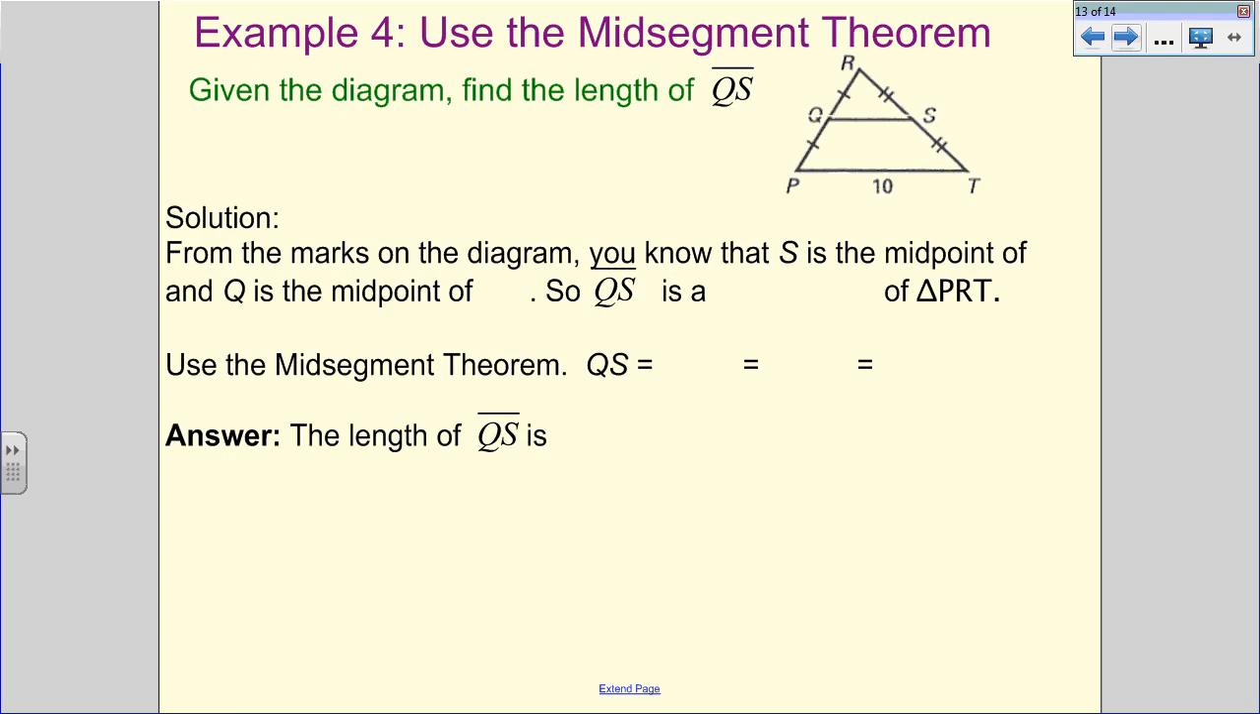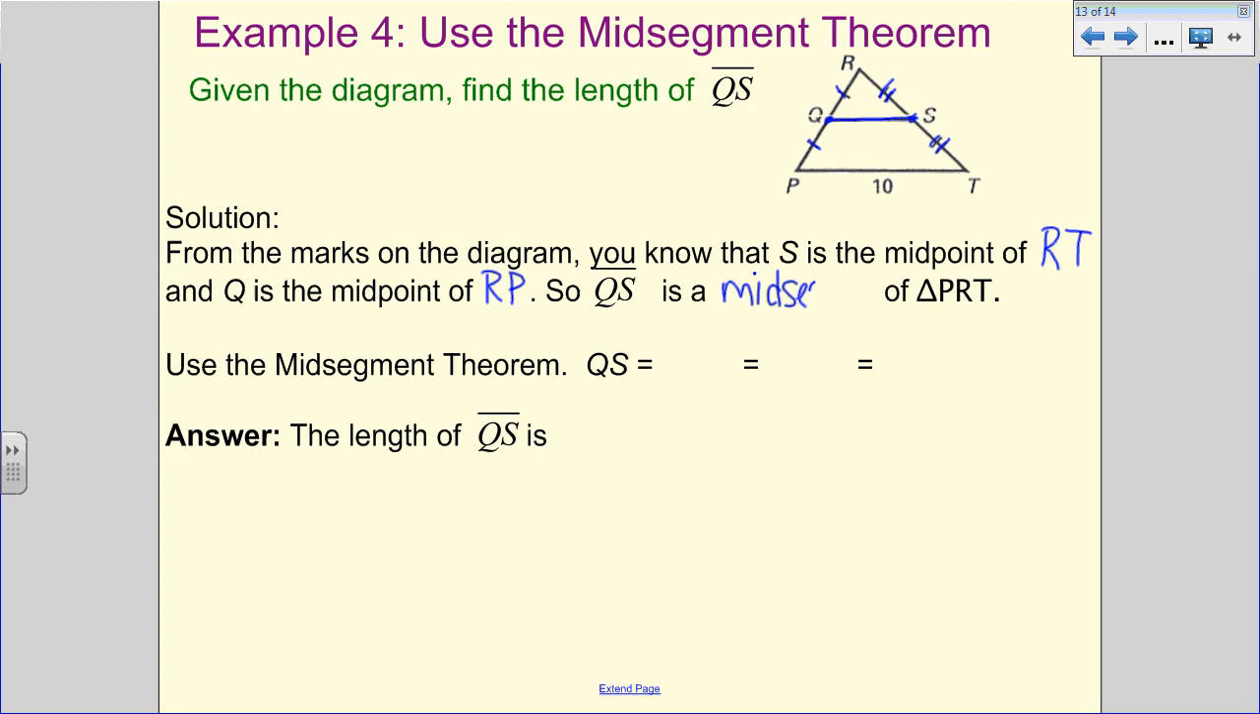All right, so how do we use that? They want us to find the length of QS. In the diagram, we know that S is the midpoint and Q is a midpoint because of our congruency marks. Okay, S is the midpoint of RT, and Q is the midpoint of RP. So QS is what we would call